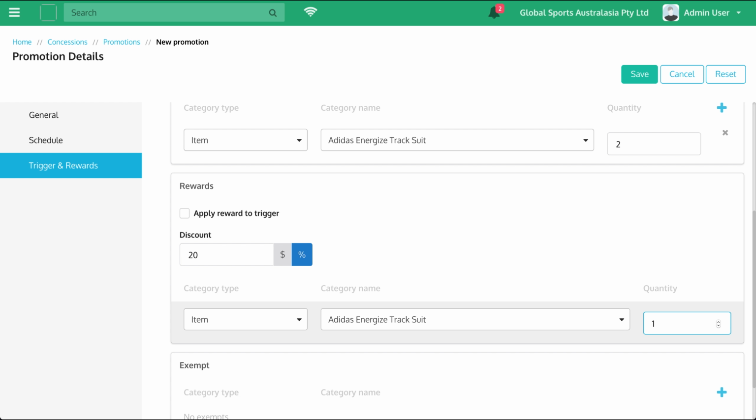But remember that you are not limited to a buy one get one type of promo. You may also give a 10% off for all your items in your store, exclude certain types of items from your promotion, and many more. Given the flexibility of creating promotions in KRISP, you can create your own different combinations of trigger and rewards, whether